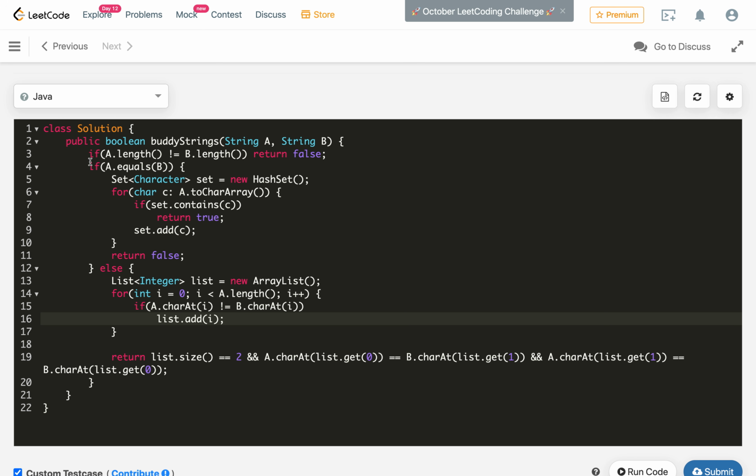So now the time complexity of the solution: as you can see over here, we are processing all the characters in A or B, and also here. So it is overall O of n time complexity, and in the worst case space is also O of n, as we use this in case A equals B. Otherwise here also it is possible.